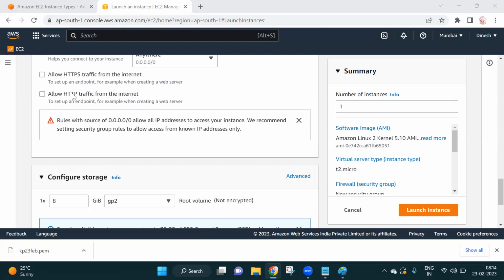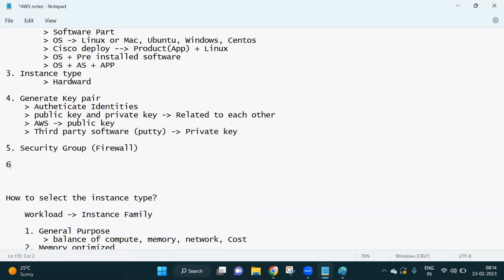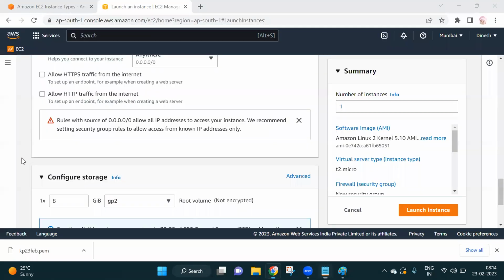Yes. So once you have given the SSH permission, you are allowing SSH because you want to access your AWS server. The next step is you need to go for the storage part. Again, storage is also one big topic I cannot cover today, but let me